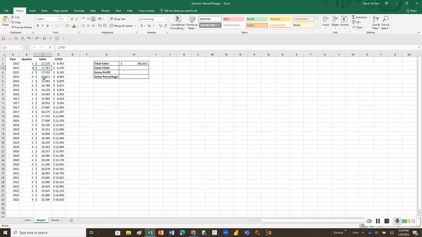And there's the data. It's not in a table anymore. And I've got this formula. Let's get rid of the formula. And I want to create a dynamic named range, but I don't want to convert this range of data into a